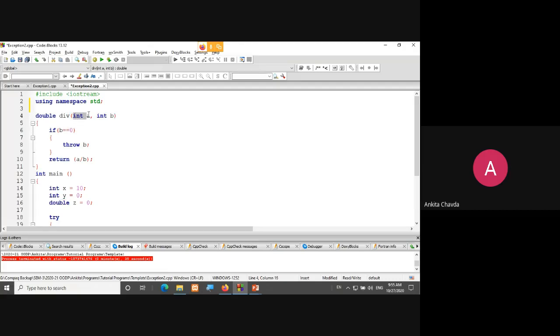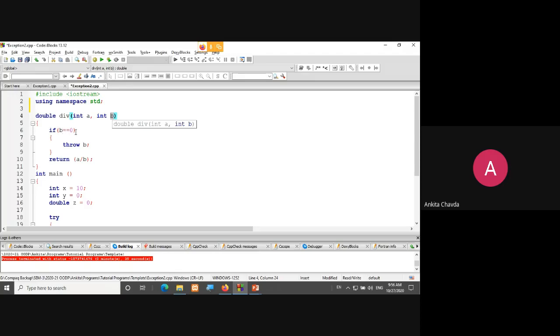It will have integer arguments, but my answer may be in double because we are dividing the values. Though we need to cast over here also, but I'm not doing that right now. Now here I'm checking that if b equals 0, then and only then the runtime exception may arise.